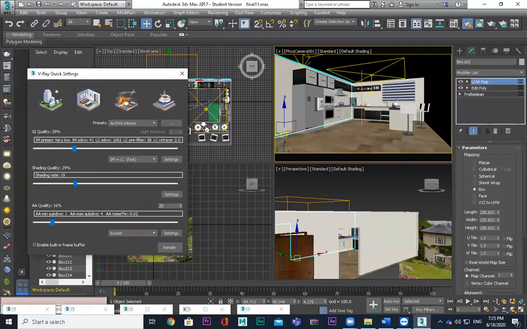So we should select the bucket one, right? Not the adaptive one? For video, I prefer progressive. Progressive for video is good. For project work, we should use bucket. Yeah, progressive is better for video. But you check if you feel that bucket is giving you better. Progressive and bucket will help when there is some kind of illumination. If there is no illumination, it will not give you much difference. Illumination means some brightness and all over here. So check a few frames while it is rendering. Check a few frames. If you find it is fine, leave it for rendering.